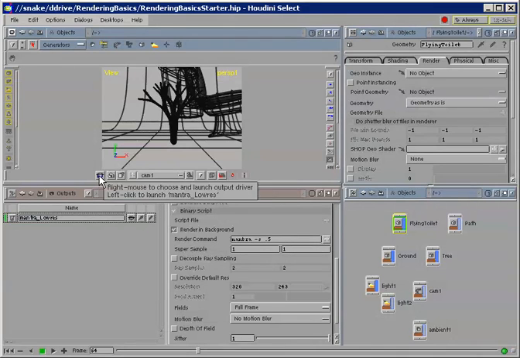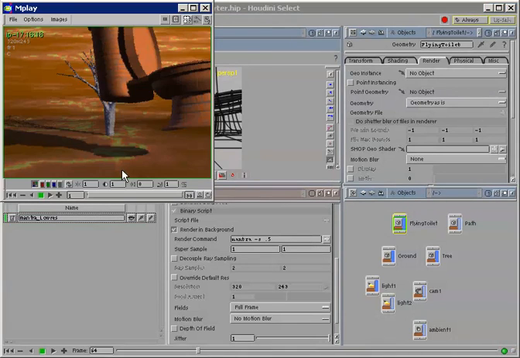Now come up to the viewport, right-click and select the Mantra low-res render output driver. And Mantra will render into the viewport, and you'll see that the quality of the render is not very good. There's a lot of jaggies, and the texture is not very well defined. This is because the shading quality has been turned down. You can also turn down the jitter to 0, and this will reduce some of the jaggies when doing test